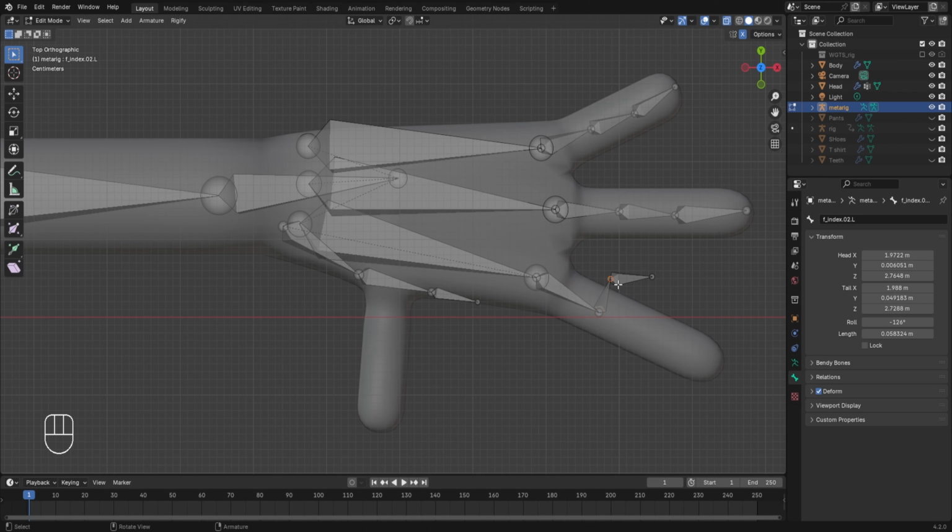Moving ahead, I'll select this one, press G to move it and place it over here. And then in the end, I will select this last part and place it at the tip of the index finger. Now for the thumb, we have these three bones which we'll be placing properly according to the position of the thumb. So first of all, with this end part selected, press G to move it and place it